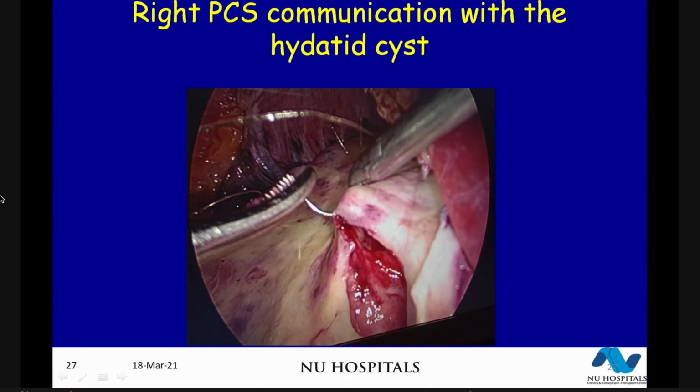And then this would be injected into the cyst. Then they would open it and take out all the daughter cysts. This is to prevent all the spillage. There was a big drama doing a hydatid in theatre those days when we were interns. It was like doing a pheochromocytoma because you never know when the fellow will get an anaphylactic reaction under anesthesia. So anesthetists were also very tense about it.